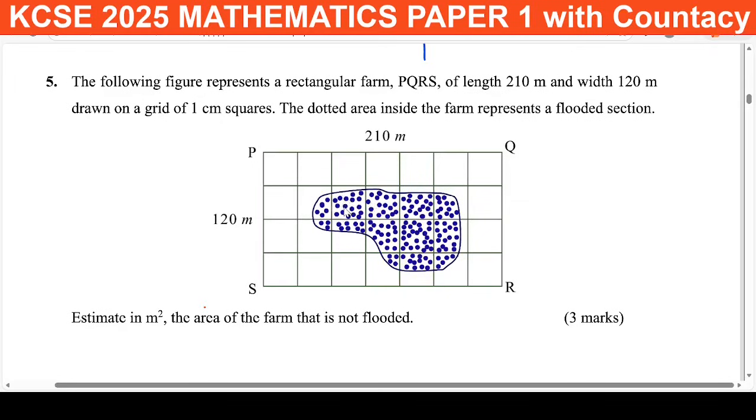But now here was a trick, and that is why you have to be really keen as you read the question, because it is telling us estimate in meters squared the area of the farm that is not, this word is very important, is not flooded. Therefore, the part that you're finding is the part that is not flooded. But how do we get to estimate this? Normally, you'll find here we've got a section of a square that is flooded, a section, a section. So normally, we usually take the full sections, and then